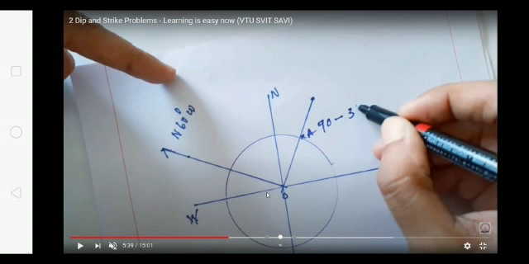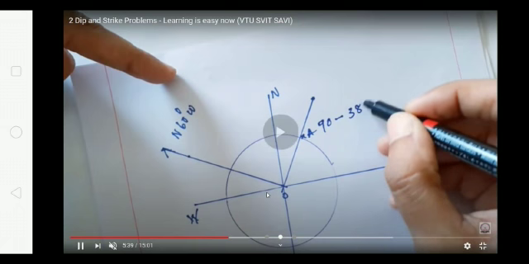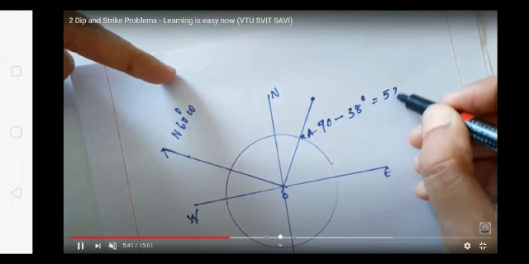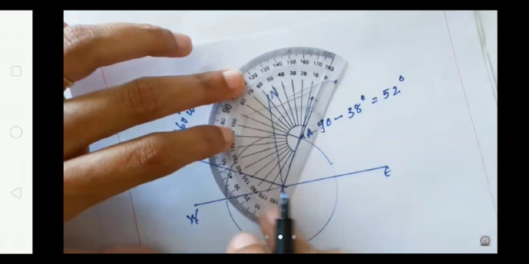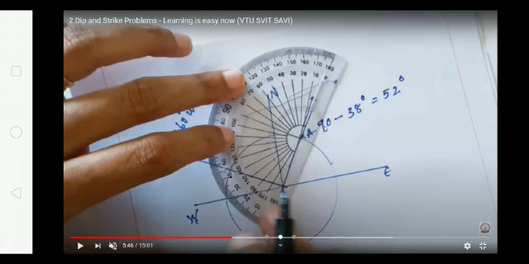What is 38 degrees? 38 degrees is the amount of apparent dip 1. So the amount of that is 52 degrees. So from A, always 90 degrees. After drawing a perpendicular, you have to draw a complementary angle, that is 90 minus whatever amount has been given. In this case it is 90 minus 38. If it is apparent dip 2, that is 30 degrees. From here you have to mark 52 degrees towards this direction line.